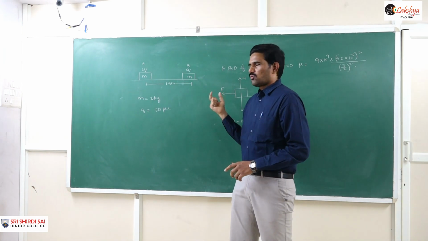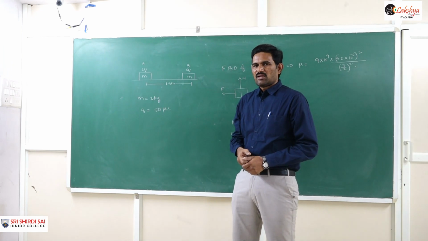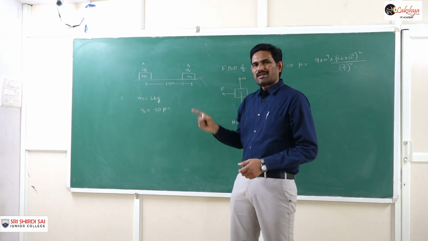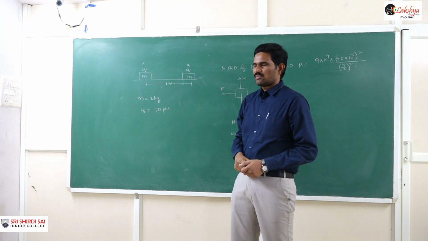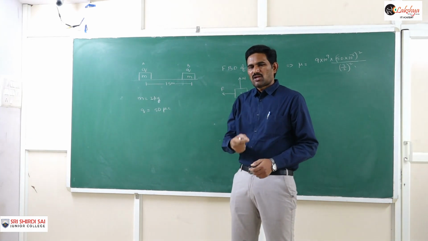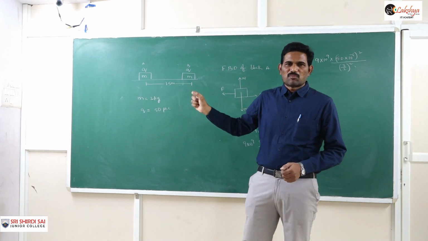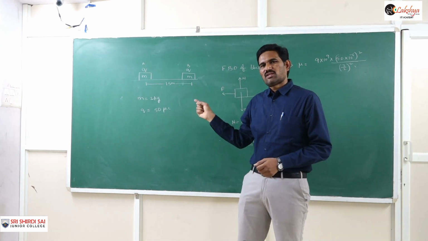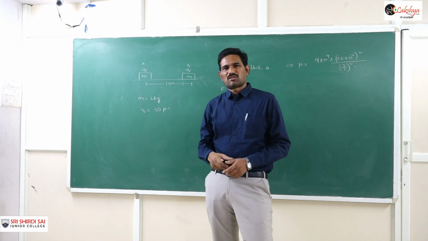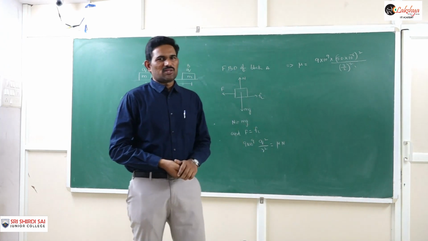Two identical blocks, each of mass 2 kg, are placed on a horizontal surface at a separation of 1.5 meters, and they carry identical charge, 50 microcoulombs each. Now the question is, when the blocks are ready to move, that means tending to move, we need to find the coefficient of friction between the blocks and the surface, assuming the coefficient of friction is the same for both. So the mu value we need to find.